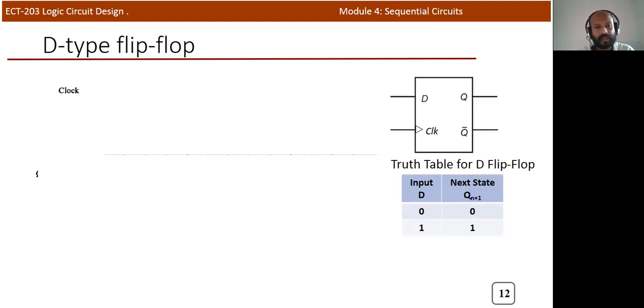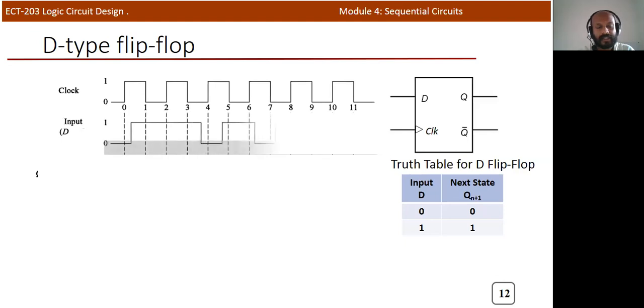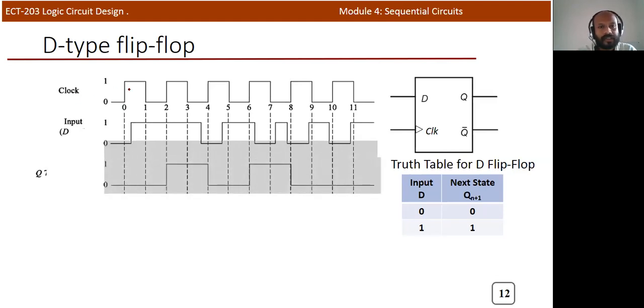Now we can consider another waveform. This is again a rising edge clock signal. This is the D input, and you can see how the output is changing. So this is again a rising edge clock. These are the rising edges of the input clock, and we can identify the corresponding output. At this particular point the D input is 0, so the output will be 0, and it will continue like this up to the next cycle. The input is changing from 0 to 1, but that change is not reflected at the output side, and it will continue like this.